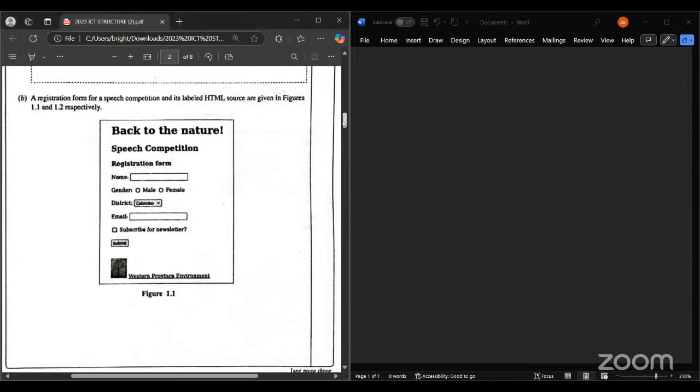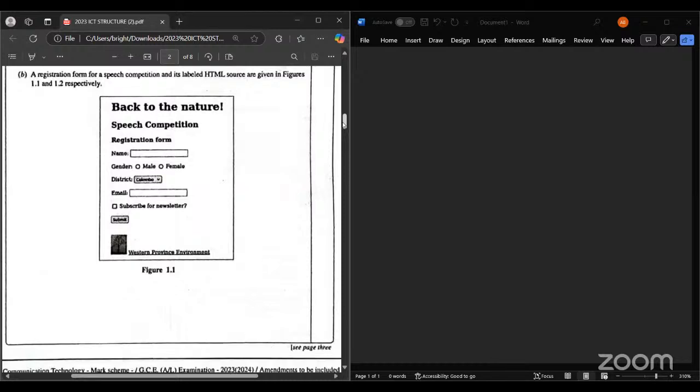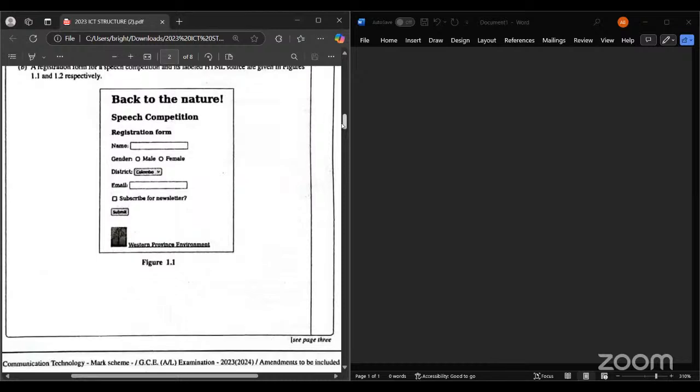It is a back to nature, speech competition, registration form. Okay, so back to nature, speech competition, they sound similar, kids, but